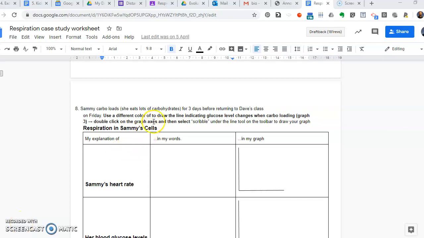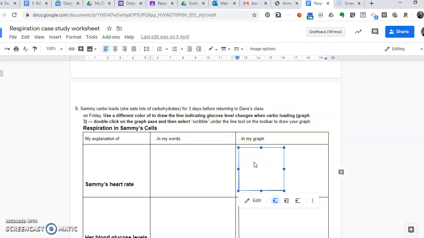Okay, Aiden, you can see the instructions are right here. So use a different color line to draw indicating glucose level change where carb loading. So double click on the graph axis and then click on scribble. Oh, shoot, I see what you mean. Okay, so if you click on this graph or on this right here, okay, and then go up to,